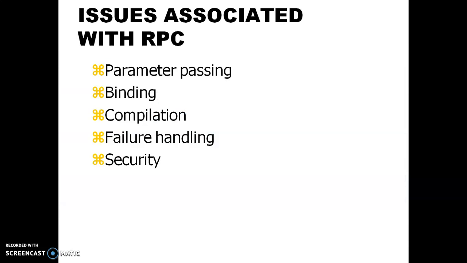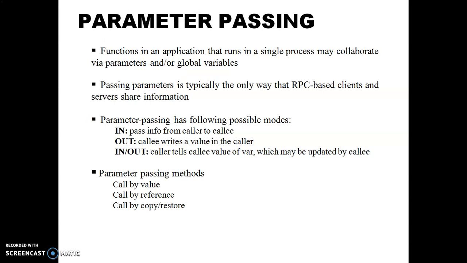What are the issues associated with RPC? Parameter passing, binding, compilation, failure handling and security. We started from parameter passing. What is parameter passing? Functions in an application that runs in a single process may collaborate via parameters and or global